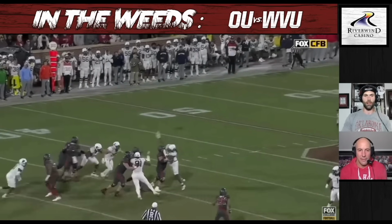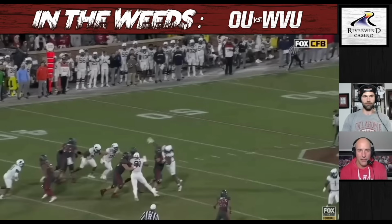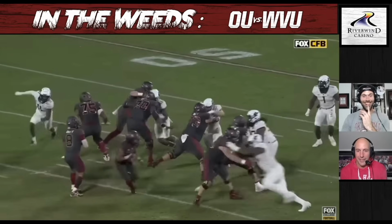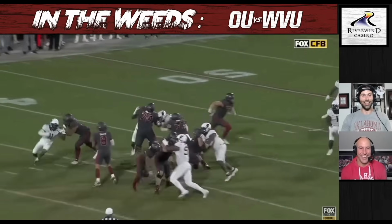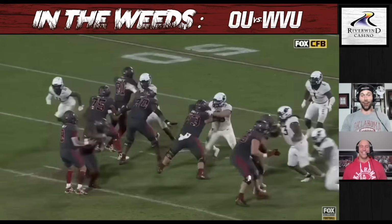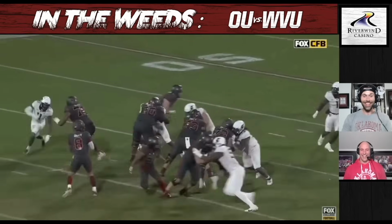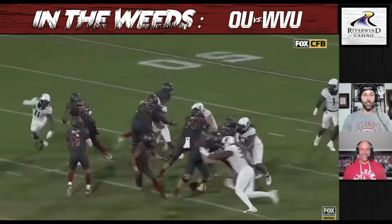How about Sexton getting his first start, blocking this big Myles Garrett looking dude coming off the edge. Dude, how about that? Martin's huge. I saw him. He was a captain. He walked out to the coin toss. I was standing on the field. I was like, damn. No, he did a good job, even though